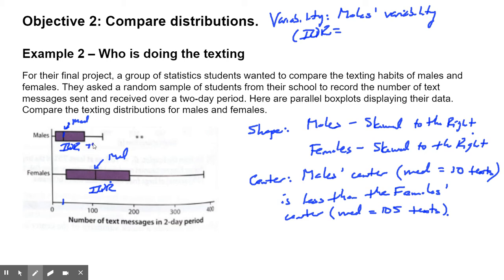like 75. This first quartile looks to be about 10. So I'll do 75 minus 10. That's an IQR of 65. And again, I'm just estimating. It's not a big deal whether you are exactly right or not. So the male's variability, which is that IQR of 65, is, and now obviously you can see that the females